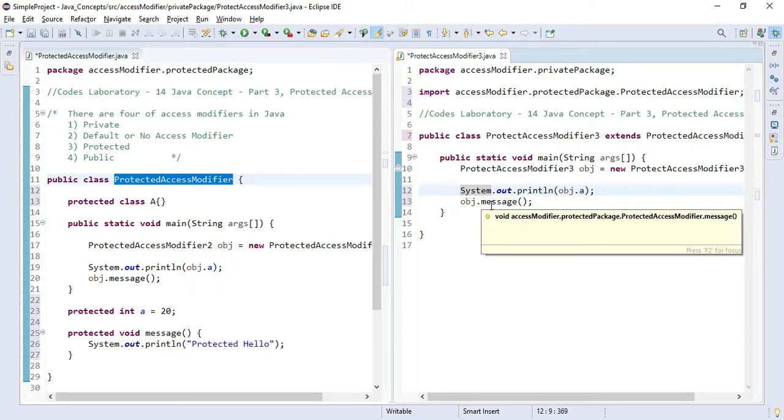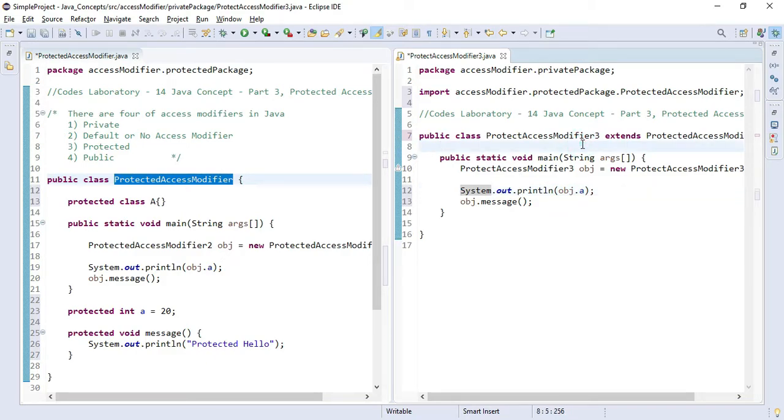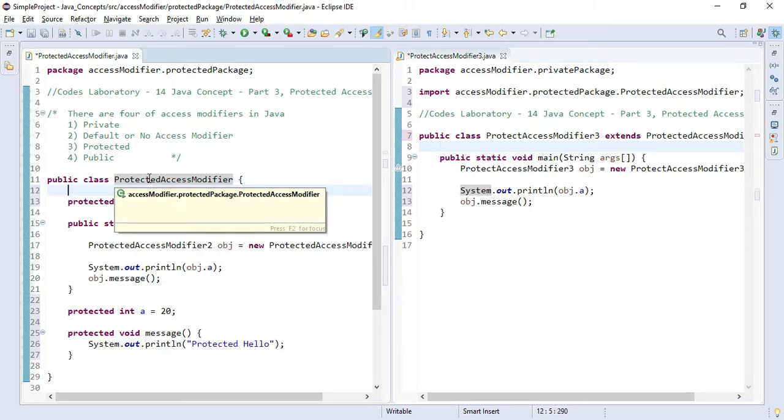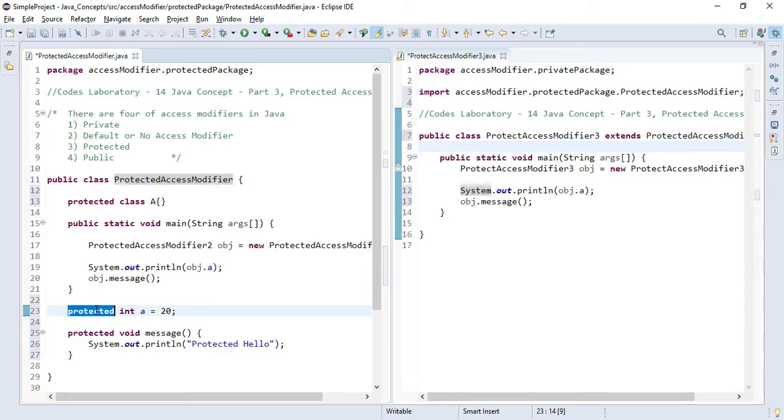And as you can see, it is not giving us any error. Why so? Because this is the additional property of the protected access modifier. If you want to use protected properties outside of your class, then first you have to extend this class.